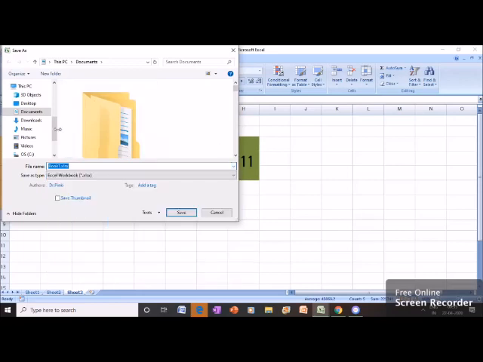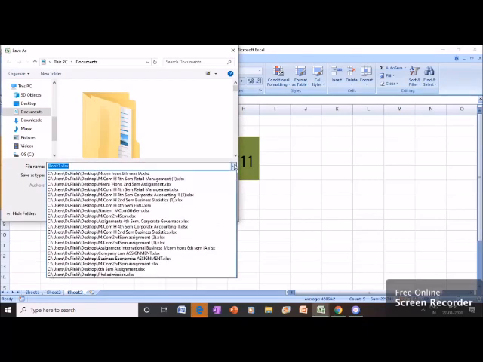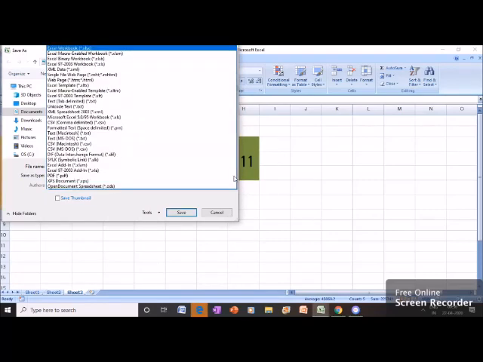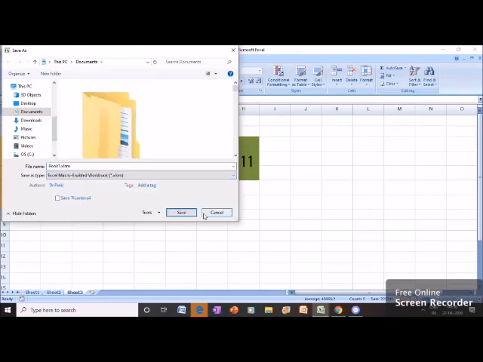In Save As, there are certain types of options available like Excel Workbook, and some other options. When we click here, we have to select Excel Macro-Enabled Workbook, XLSM. We have to save in this format.